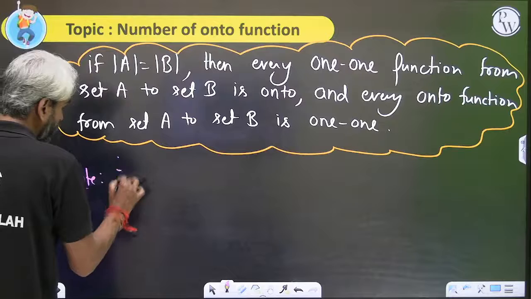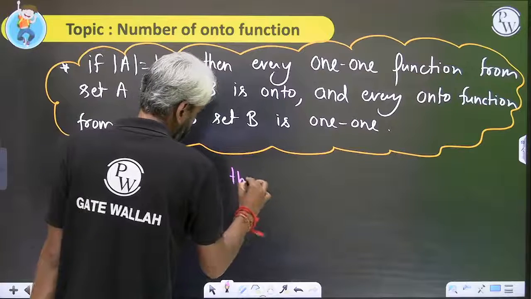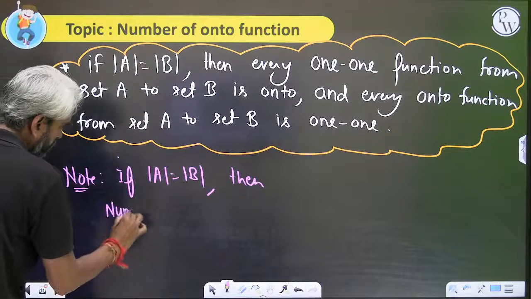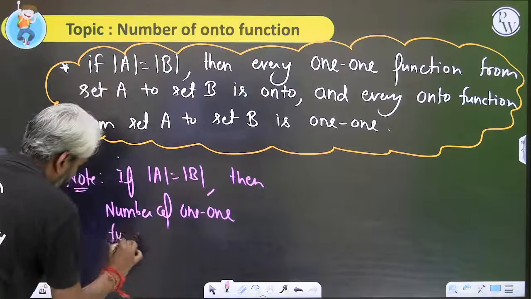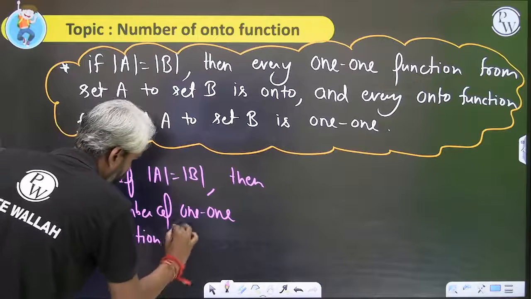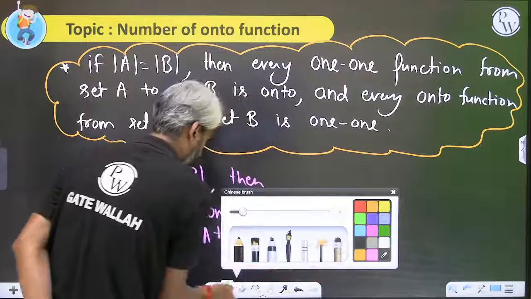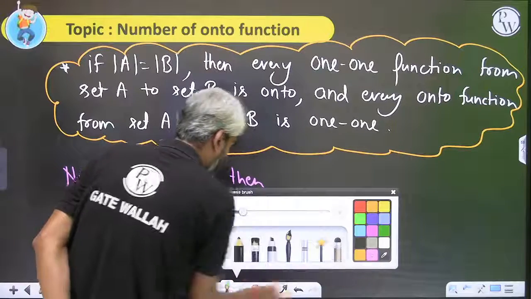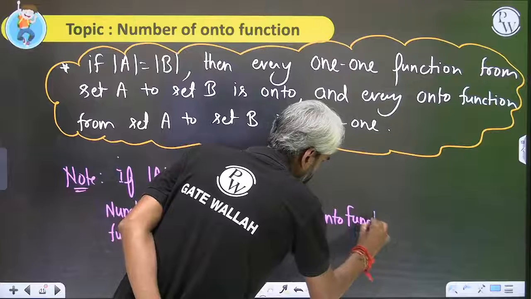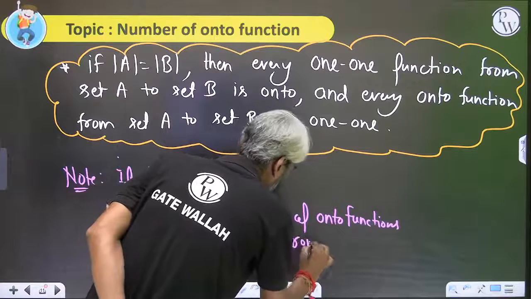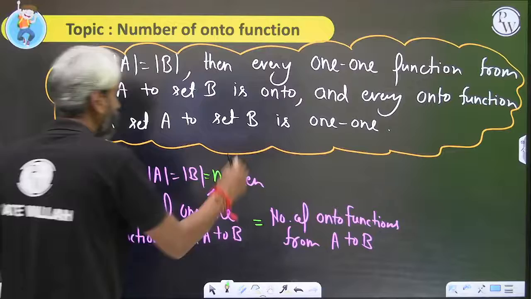So note, if mod A equals mod B, then the number of one-one functions from A to B will be equal to the number of onto functions from A to B. And if I say that the value of mod A and mod B equals n, then